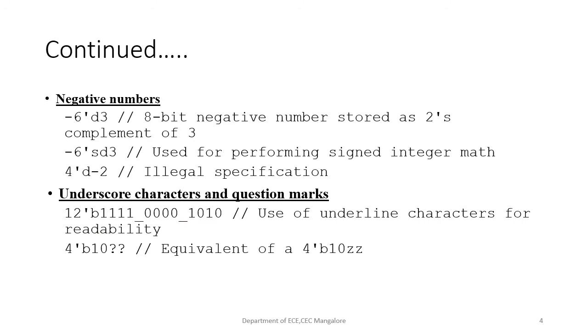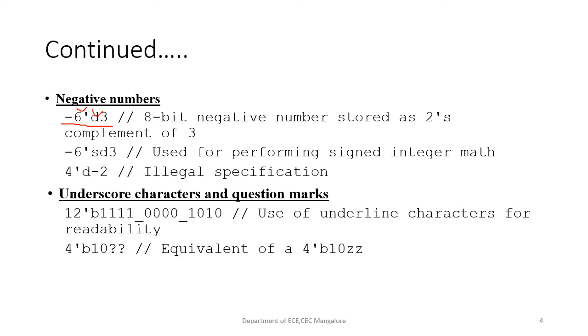Last topic, negative numbers: how to represent a negative number in Verilog HDL. Negative numbers are represented using the 2's complement method. Here -6 tick D3 stands for: this is the minus sign, 6 is the digit in decimal, tick stands for, here D stands for decimal and 3 is actually the value. So here -3 is represented like this complement, and here